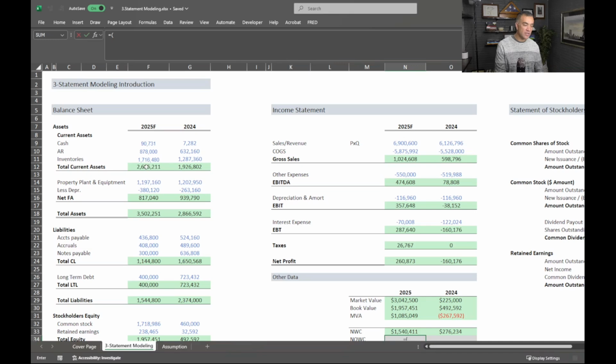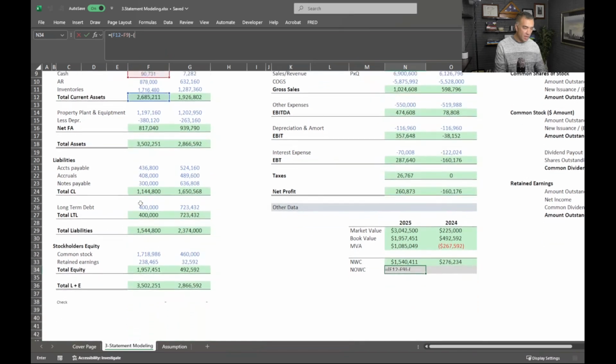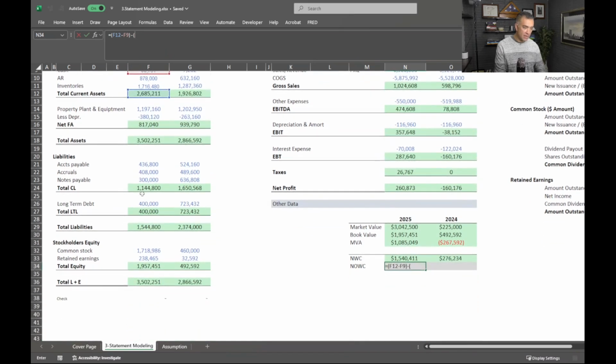So we're going to take the total current assets and subtract out the excess cash. Why? That's not part of operations. We want to know, are our inventories and our AR bringing enough money to pay off our obligations? So I'm going to find that out, and then I'm going to go to liabilities and take our total current liabilities and